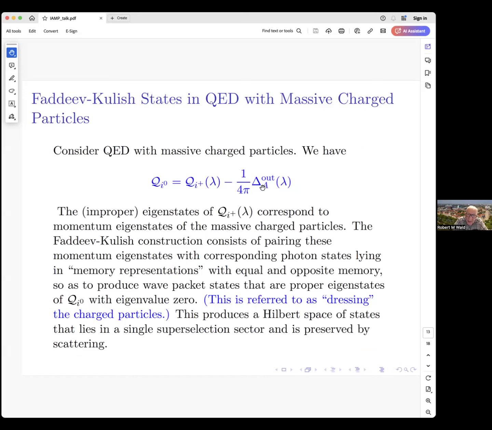You just need to put in photon states that have the right memory. You have to put in some photons, but you can make them as low frequency as you want. There's a lot of arbitrariness in what you use for the dressing. I'm not sure if that is addressing the question that you just relayed to me, but